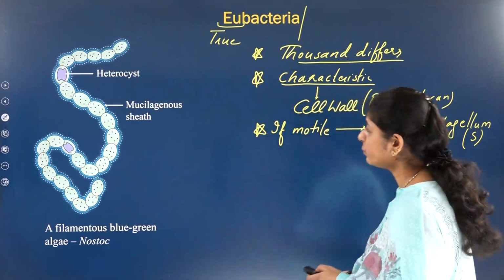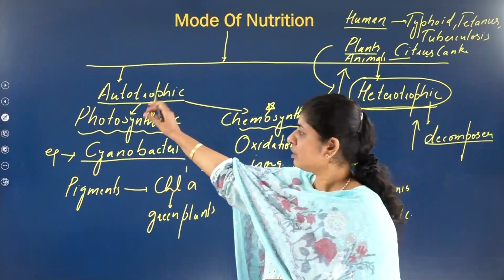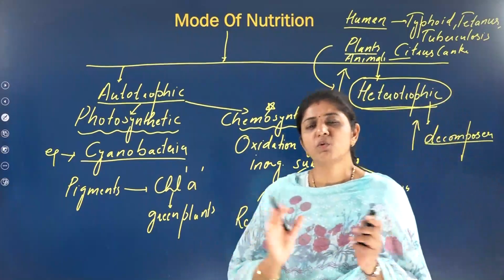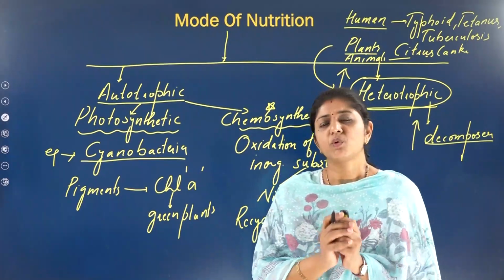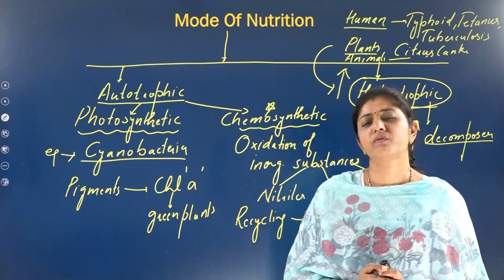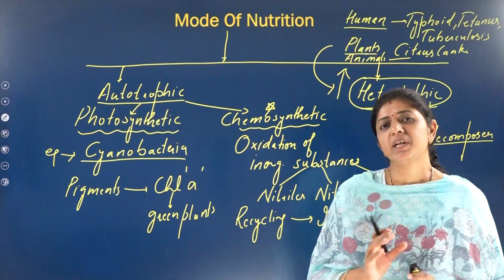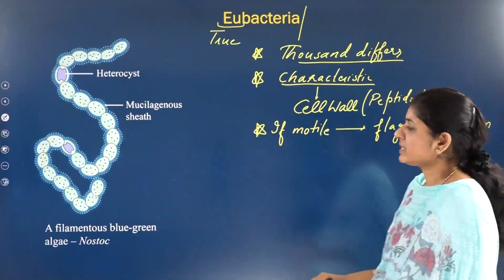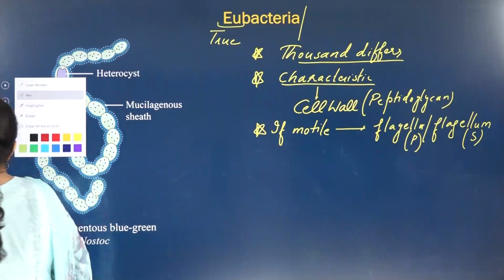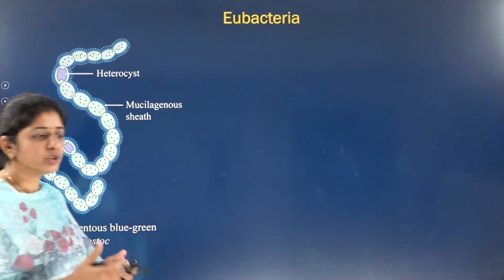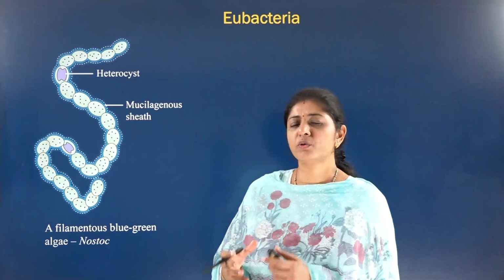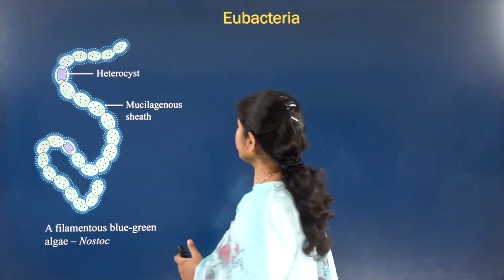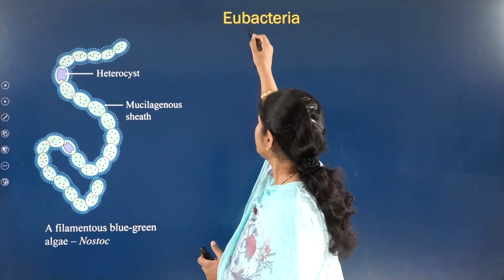Just now I explained that Cyanobacteria comes under the autotrophic category. That's why I have discussed with you that in Eubacteria all the modes of nutrition are found, which is the most complex characteristic of bacteria, but they are very simple in structure. Now focus back on Cyanobacteria. Just now I said that Cyanobacteria are autotrophic, or you can say they are photoautotrophic organisms. To know their more features, I want to give you a mnemonic here under Eubacteria.